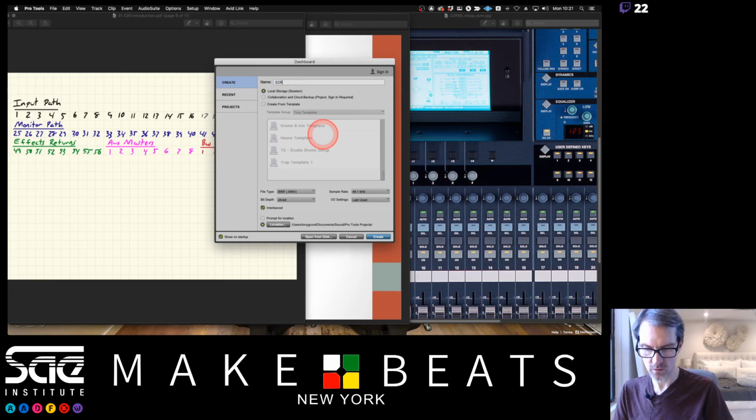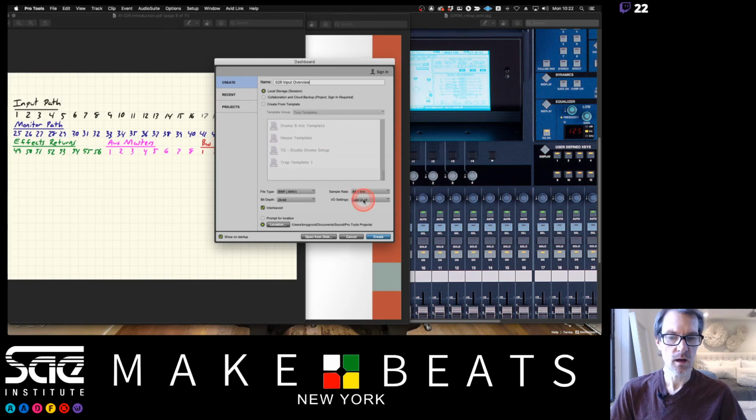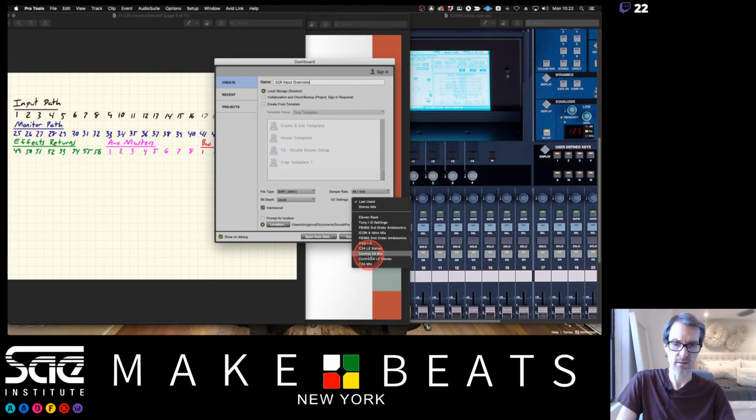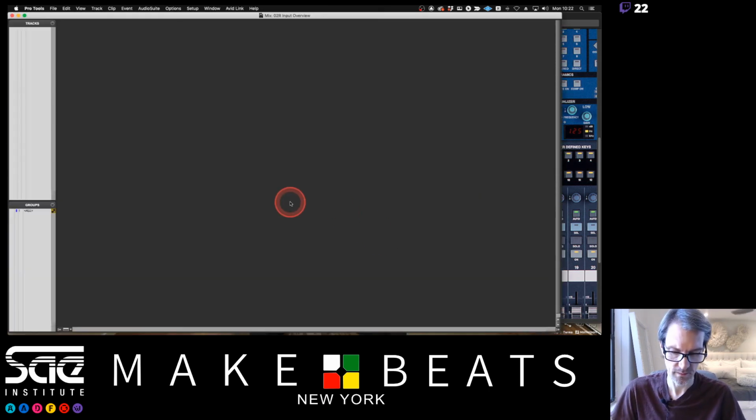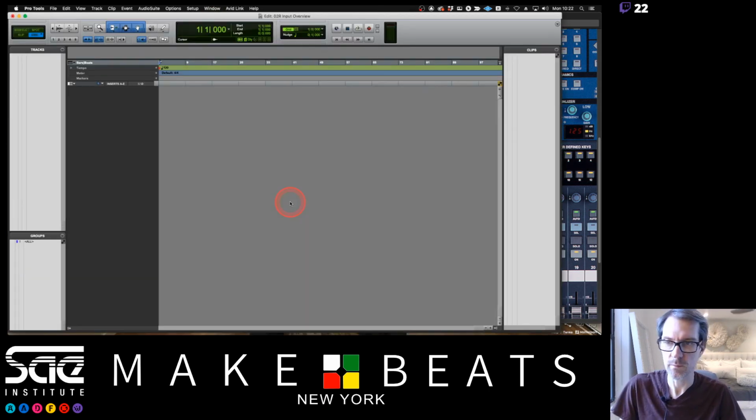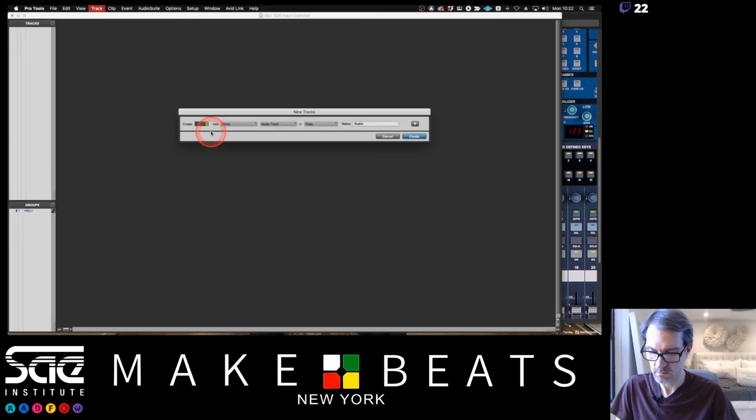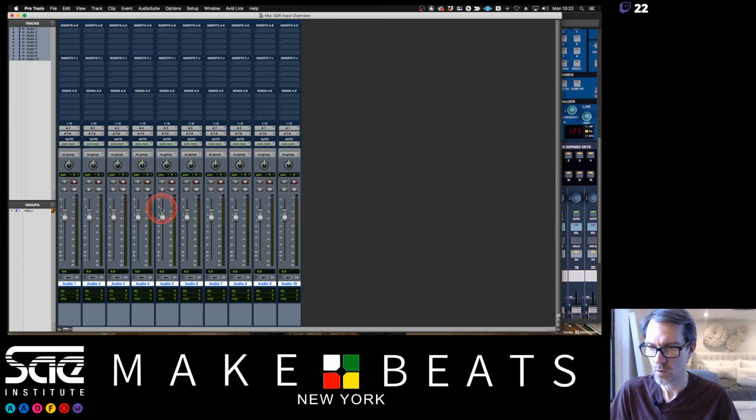Okay, so I'm going to call this one O2R input overview. And I'm going to go down here to my I/O settings, and I'm going to use my C24 Control 24 mix. Boom. I don't have a Control 24. It's just I have this thing in here, so I can set up like this. So what I'm going to do is make 10 tracks mono,